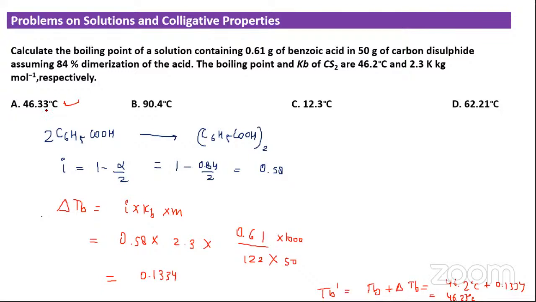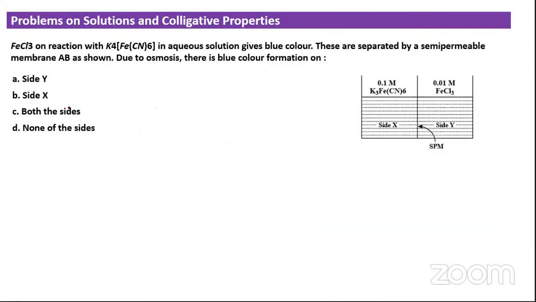Clear ही होगा. Easy था question. Let's move on. So this is our next one. FeCl3 on reaction with K4FeCl6 in aqueous solution gives blue color. ठीक है. ये रिएक्शन बता दी इन्होंने कि FeCl3 की रिएक्शन K4FeCl6 से होती है तो ब्लू कलर मिलता है